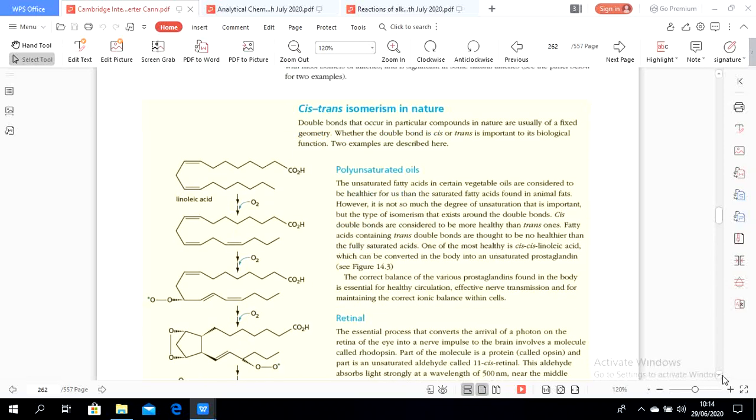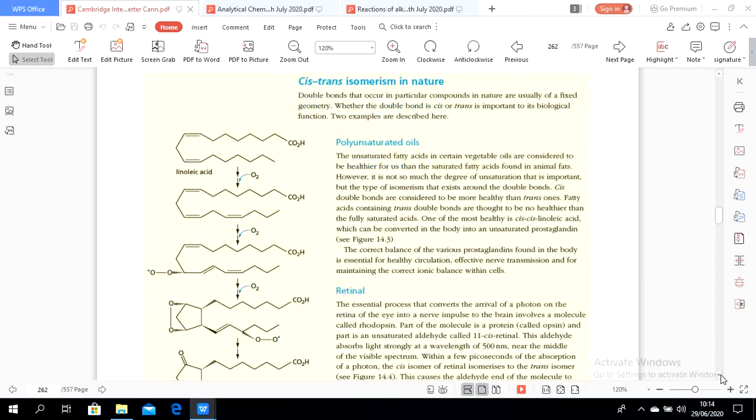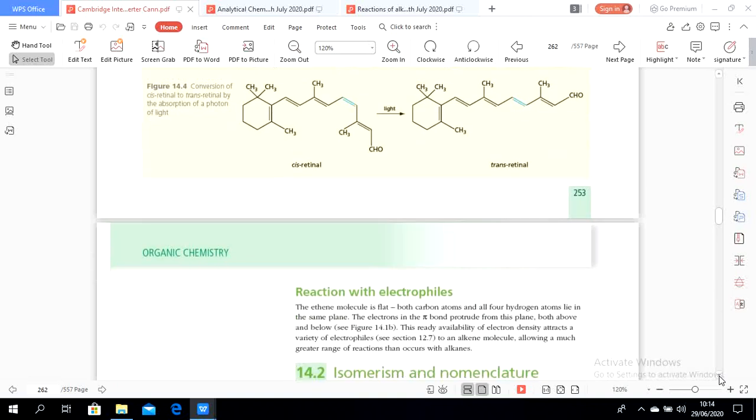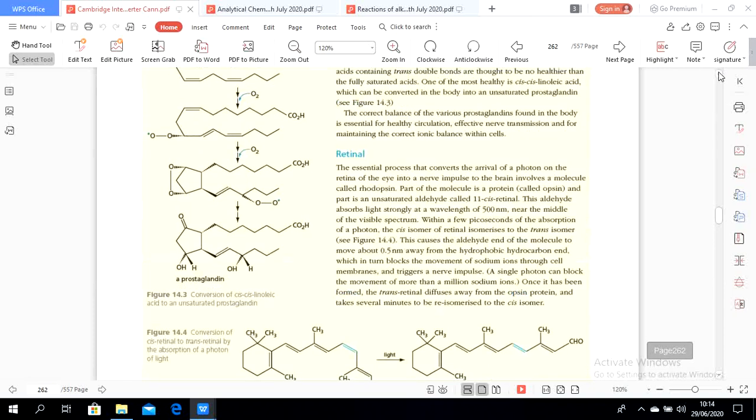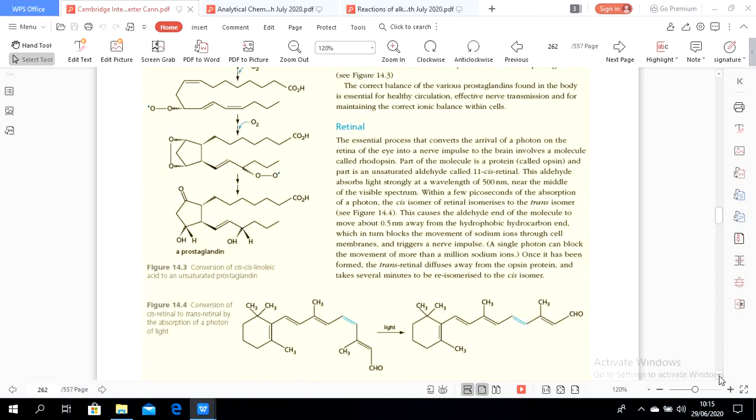So this one is having a double bond, so this is characteristic of cis-trans. Later we're going to see how the cis-trans is. This one is an application where we can find alkene in natural compounds: retinol. Retinol is for our body, it is for our sight. And there is cis-trans isomerism, the conversion of cis-retinol and trans-retinol.